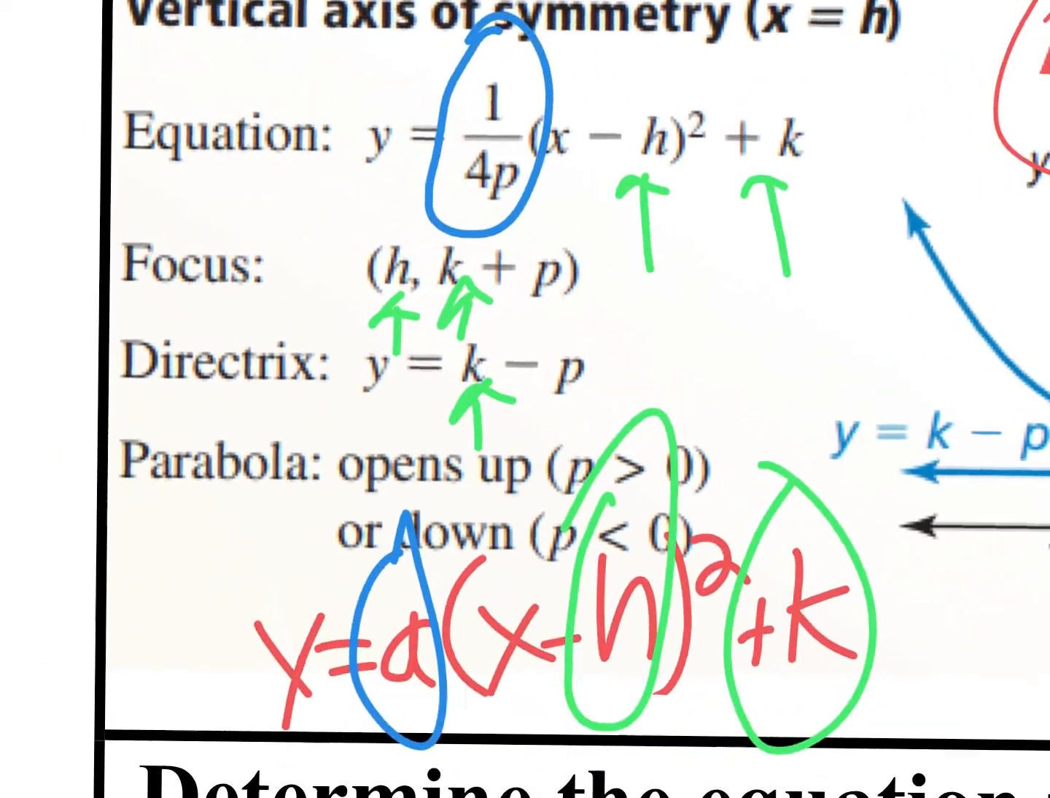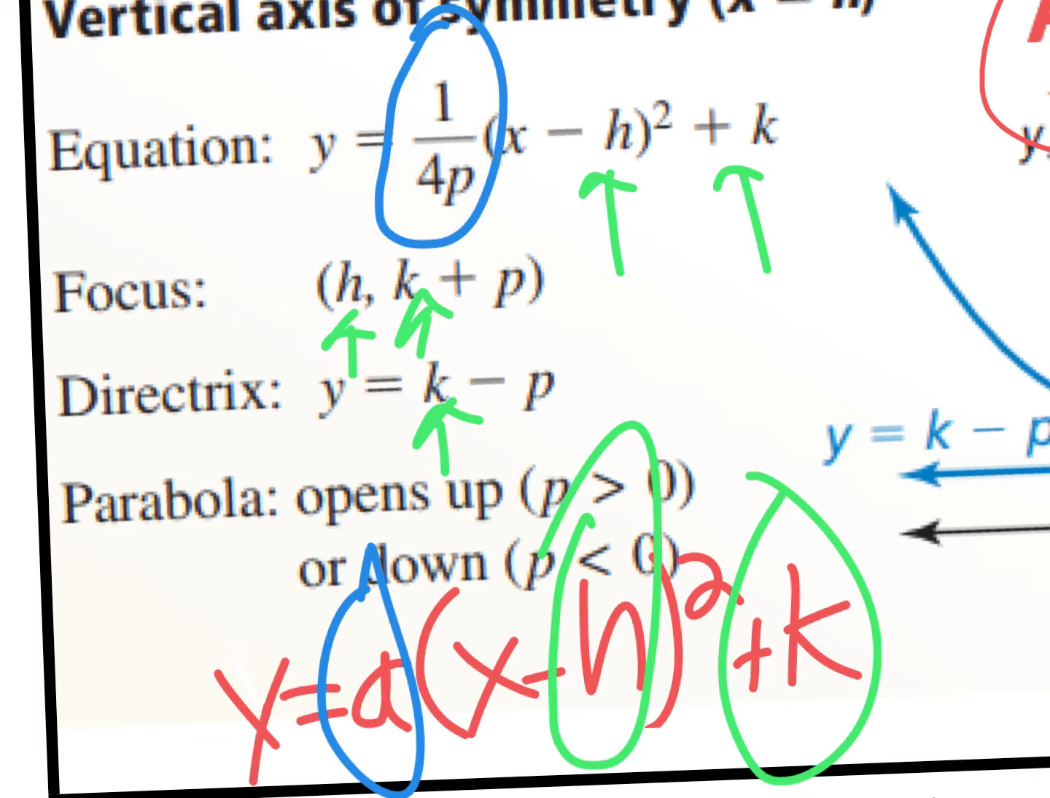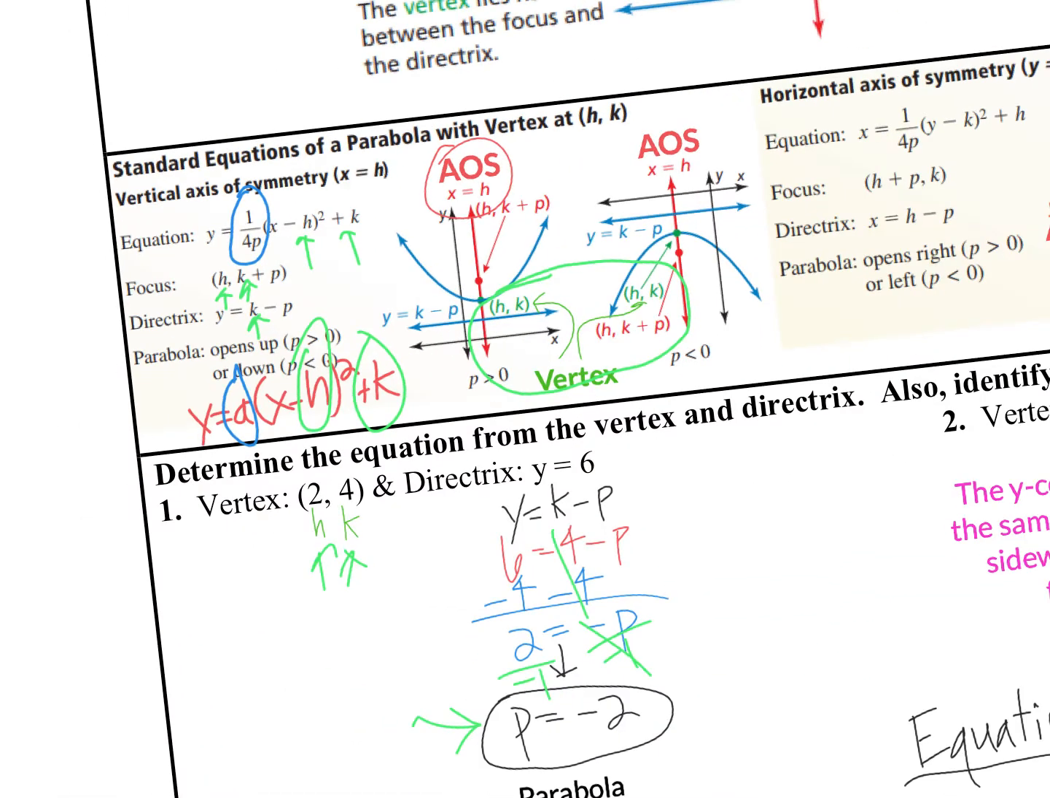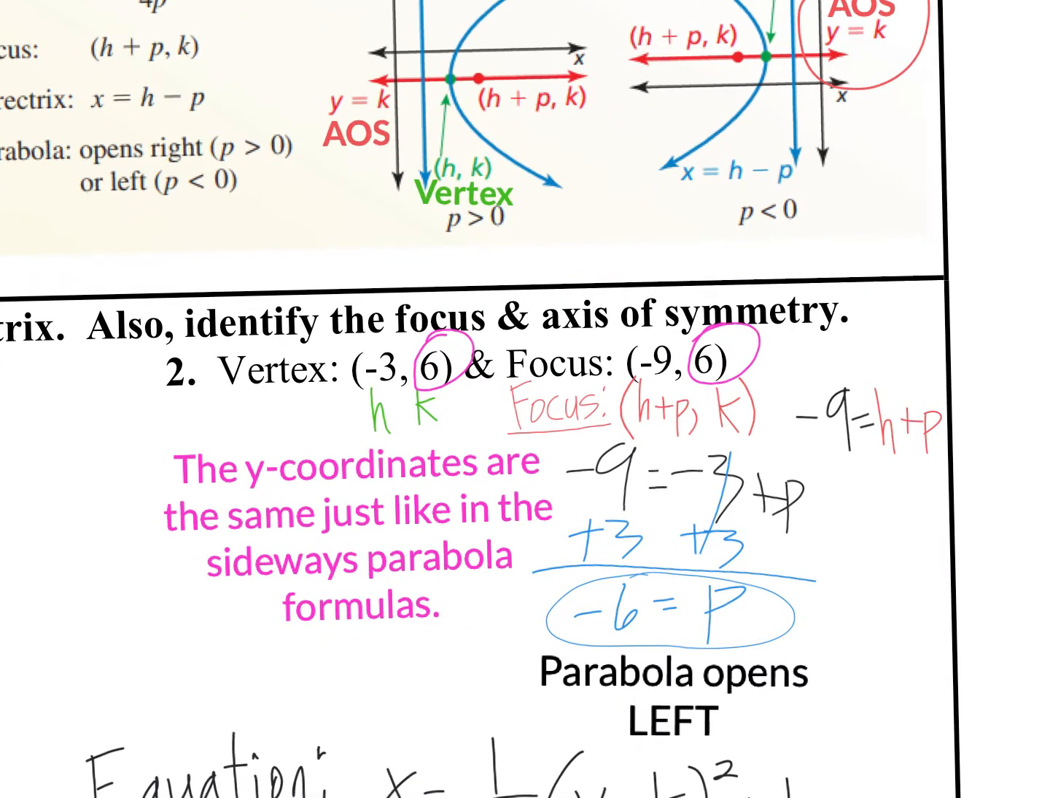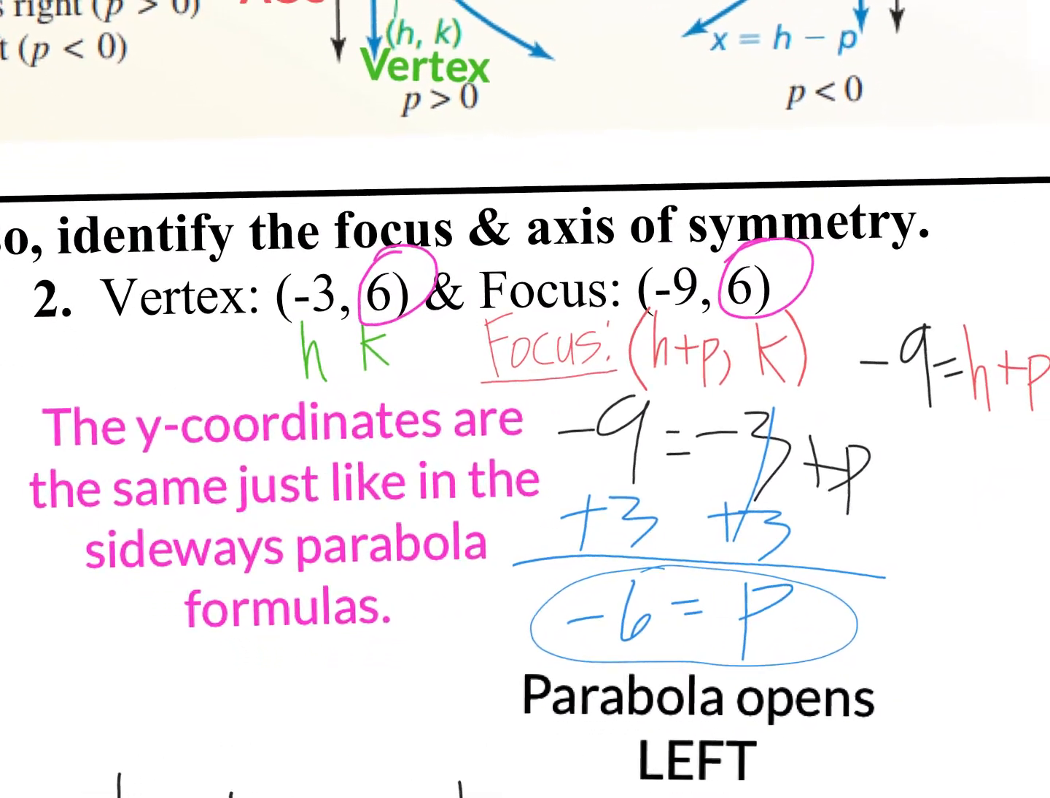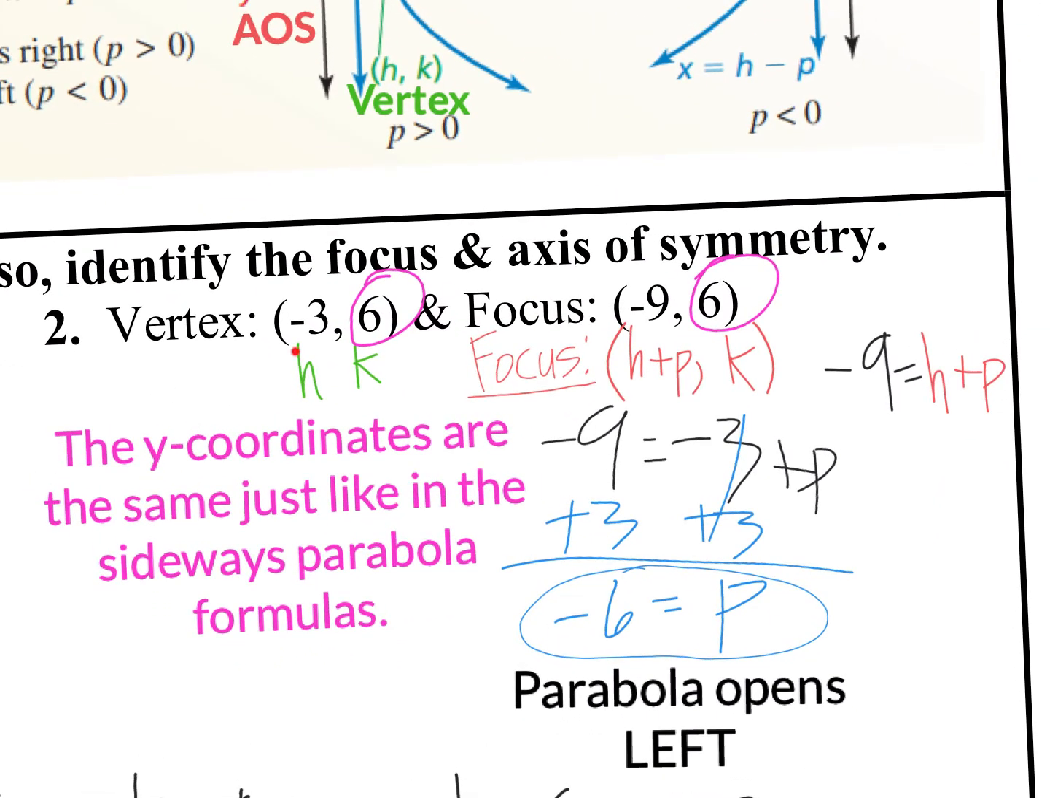Because if you look over here, if it was a parabola opening up or down, the x coordinate would be the same because it's just h. And then the y coordinate would be different because you're adding that p value to it. So I hope that makes sense. You have to pay attention to that detail. All right, so my h is -3, my k is 6,